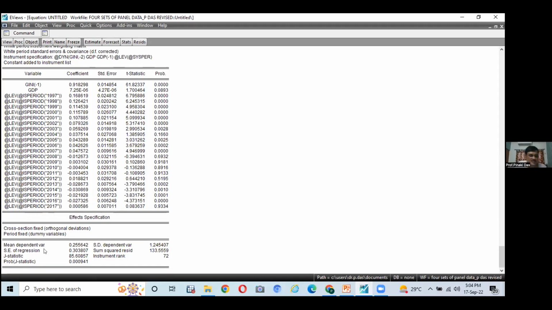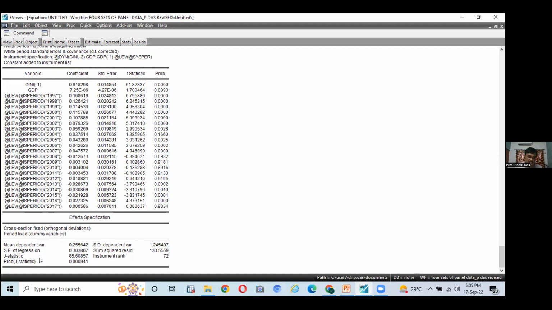The summary statistics at the bottom of the estimated result of the dynamic panel data regression model, specifically the J statistic and its probability, as well as the instrument rank, are important to understand whether the estimated result is statistically significant or not. If the instrument rank is higher than the number of estimated coefficients, then the model is quite good. Side by side, the J statistic